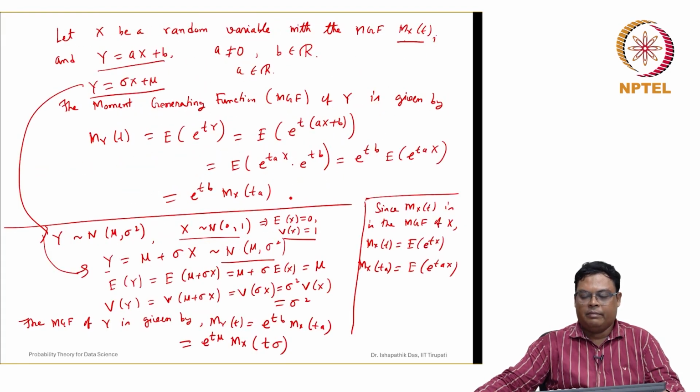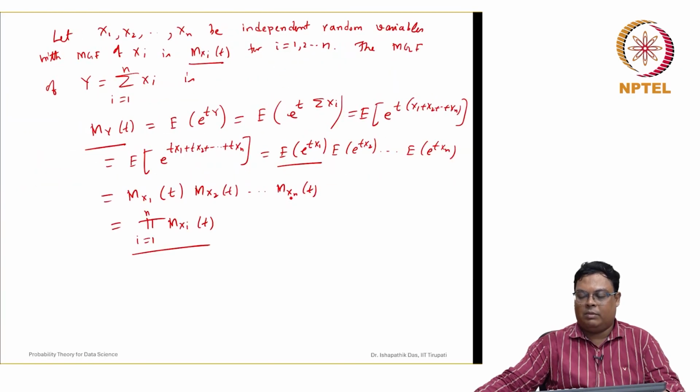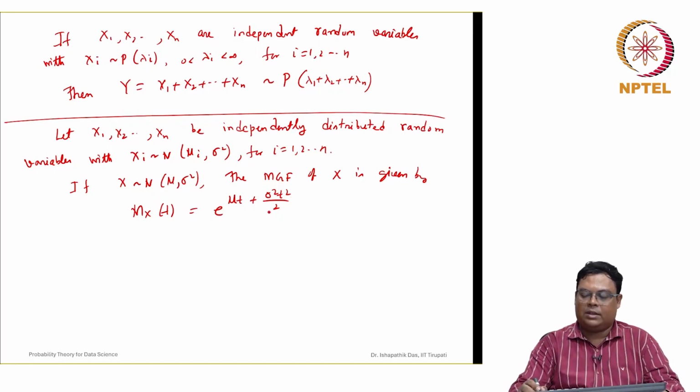So whenever X is normal with mean mu and variance sigma square, the MGF will be e to the power of t mu plus t square sigma square by 2. That we have written here. So hence